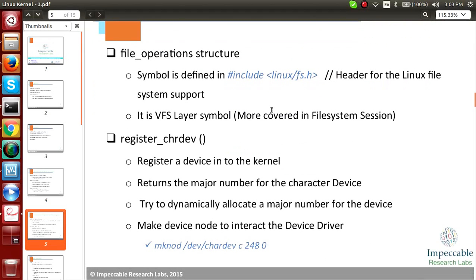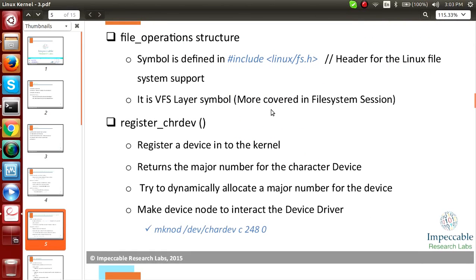If you call this register character device call, it will try to dynamically get the major number. Otherwise, you can also define your own major number. That major number should not conflict with any existing major numbers, otherwise it will not work.